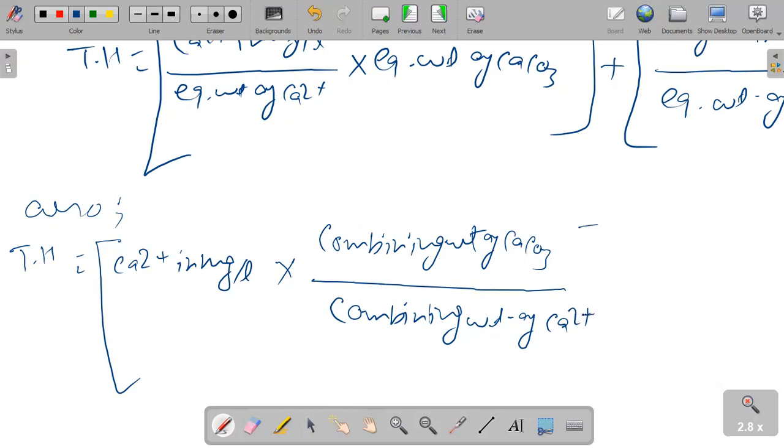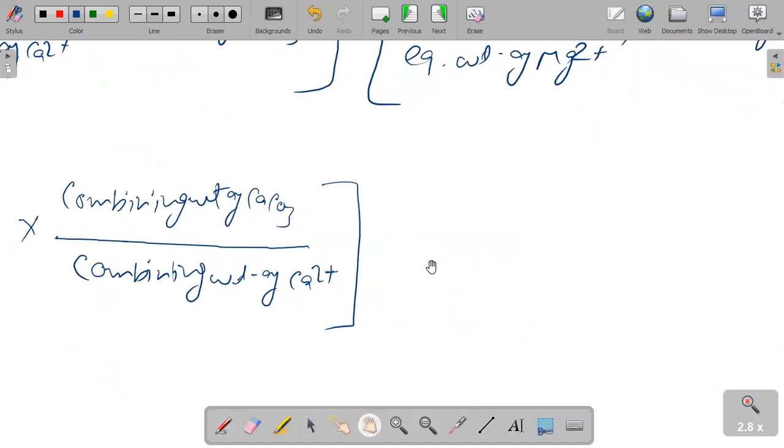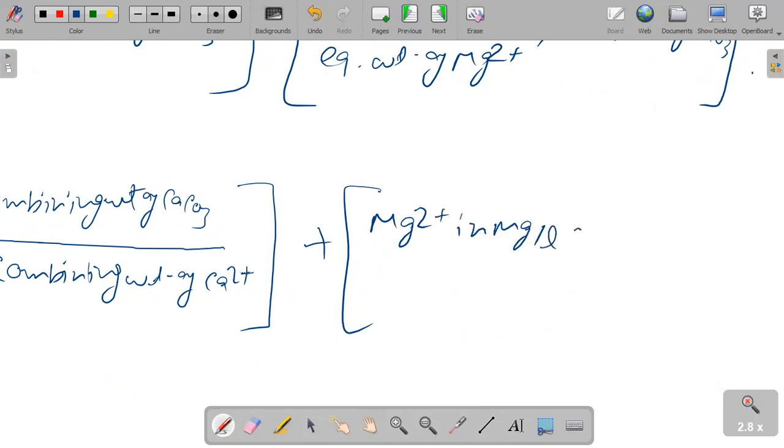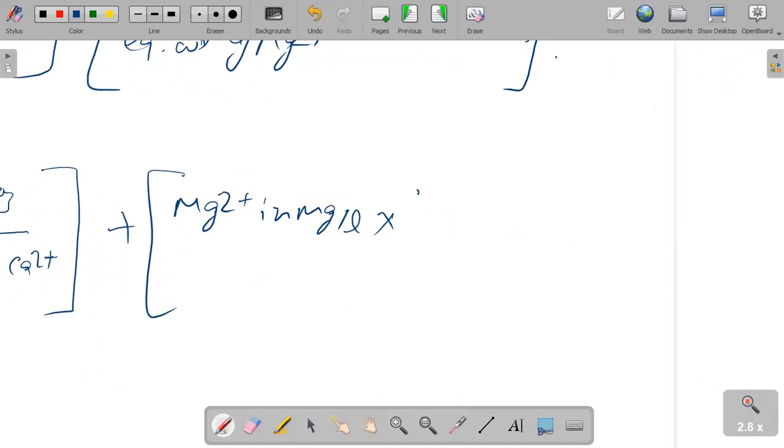Okay, and the same thing for Mg2 plus: Mg2 plus in milligram per liter into combining weight of CaCO3